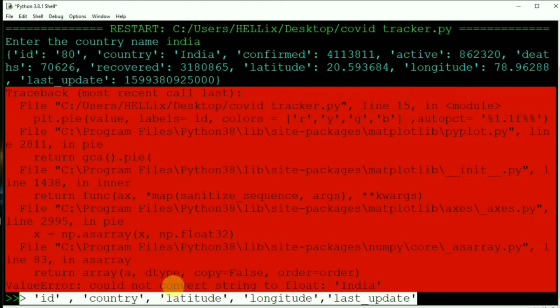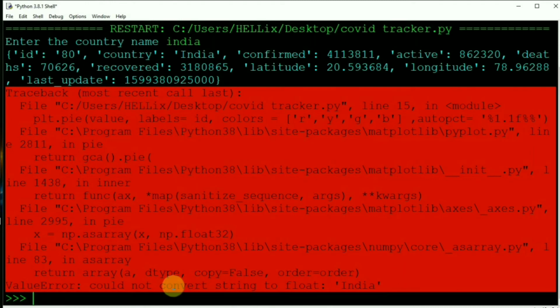Not that much, just these five things. Now we have the values which we have to cut from our pie chart. We don't need these values, otherwise this will give us an error.